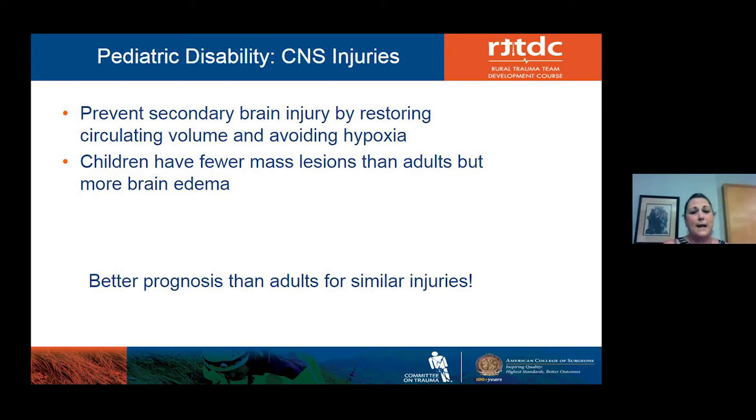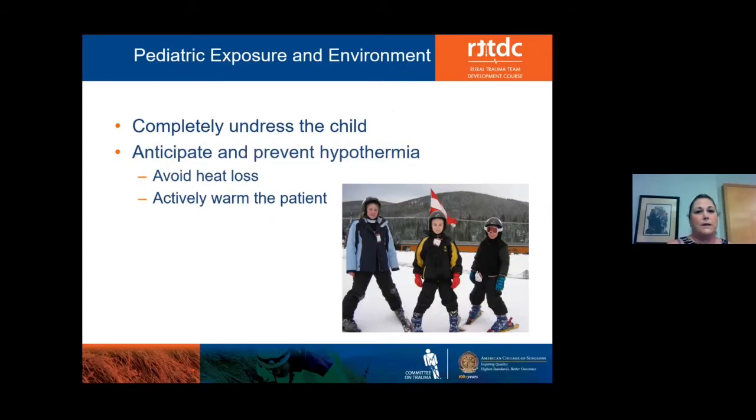And that being said, our children have a better prognosis than adults for the similar injuries. However, we still have to be aggressive with their care, recognizing it early and making sure that we maintain their blood pressure and oxygenation. When we're talking about exposure and environment, it's important to completely undress the child,